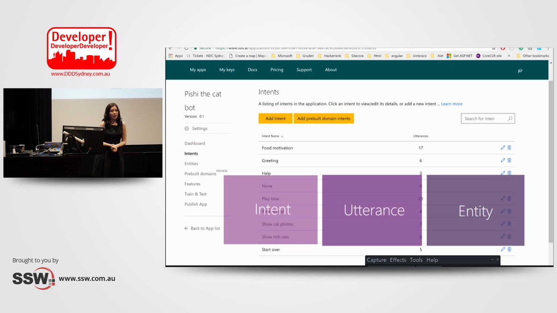You have intent, utterance, and entity. Imagine that you want to offer food to Kitty. The intention is offering food, or food motivation. The utterances are the few samples that you provide to LUIS, so that if the user says something similar to these sentences, it means food offering, like, do you want a treat? I cooked lasagna for you. You know, I talk like that with my cat, with my dog. Or, I brought you food and it's dinner time, and similar stuff. So these are the utterances that, if you say them to the chatbot, mean that you want to offer food.